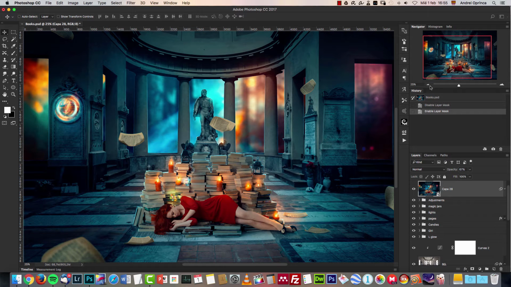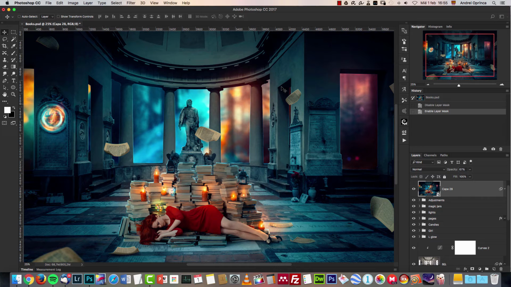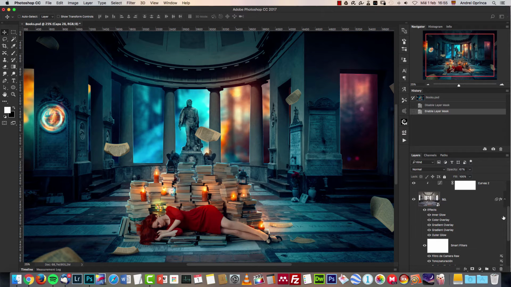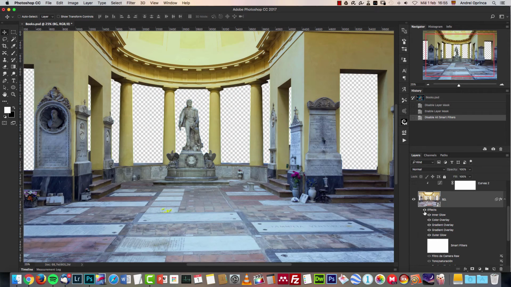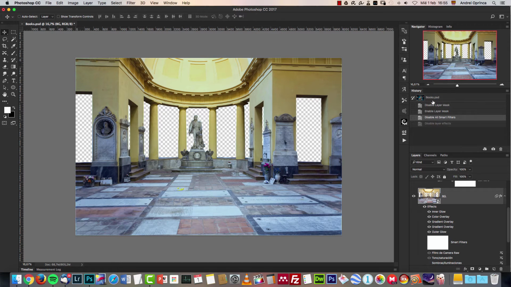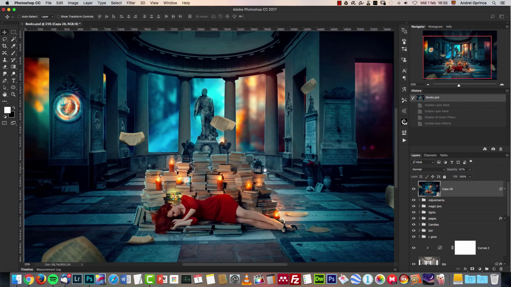So what I really want to focus on in this tutorial is how to create these colorful tones and how to get this night effect, because the background, as you can see, let me see if I can find it right here, I started from this, so you can see it's a pretty bright image. So I'm going to show you how to darken this and how to get that fantasy looking tone that you see here. So I suggest you use this image that I give you here because I'm going to skip